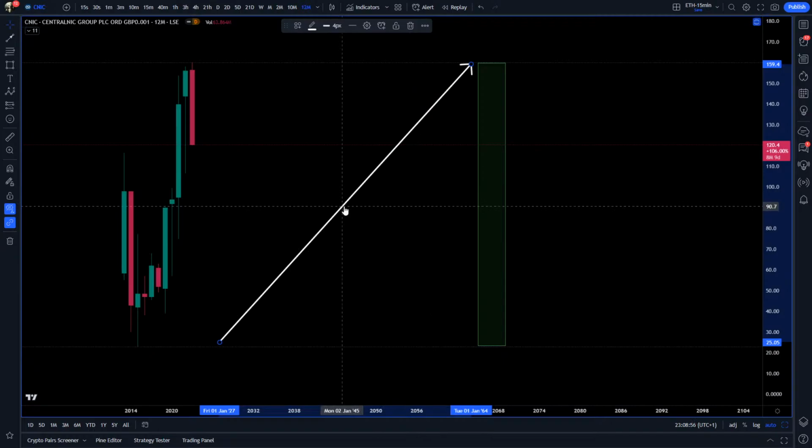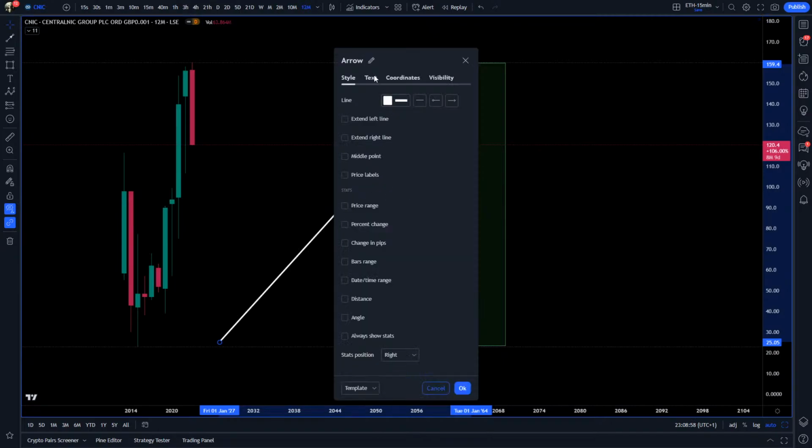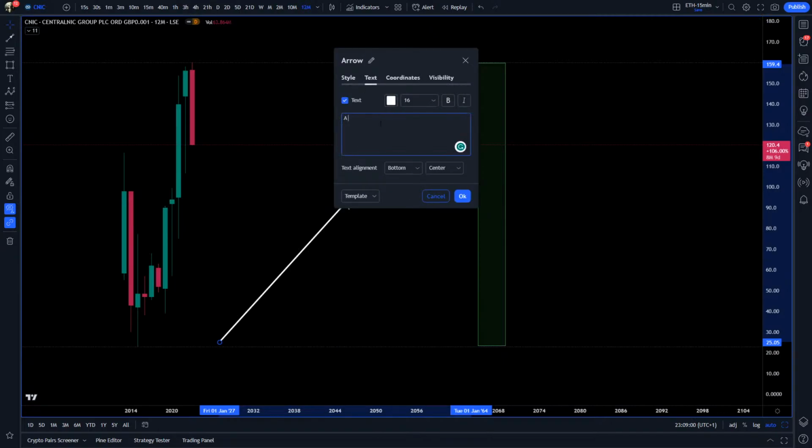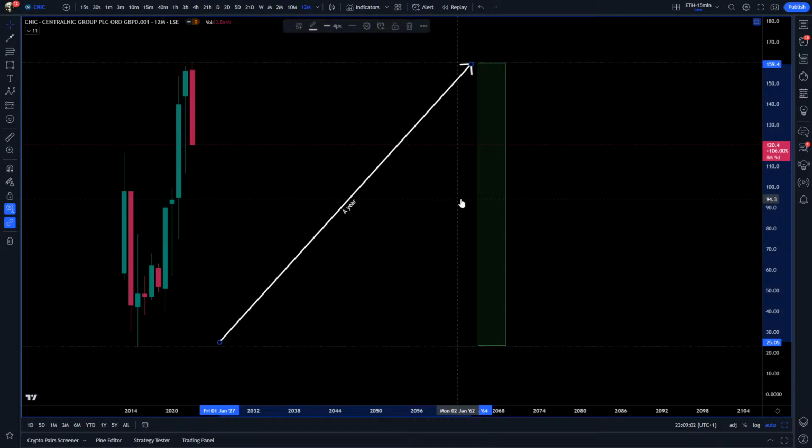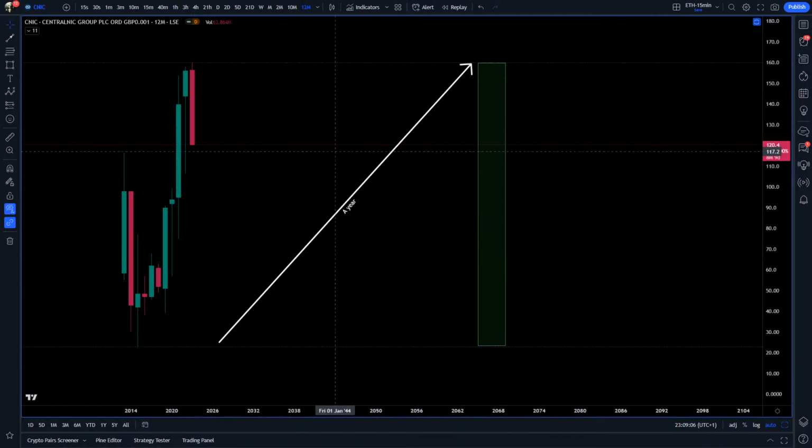So this is the 3-year trend, which is also this candlestick over here,